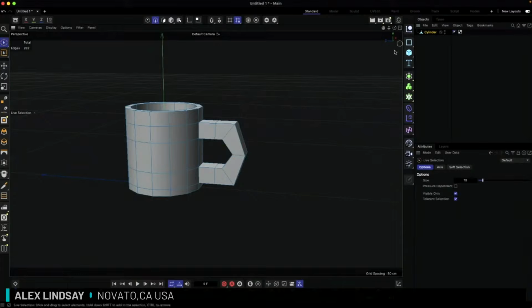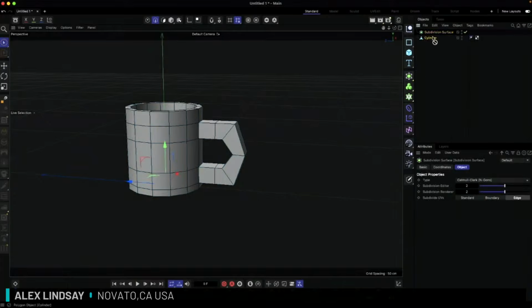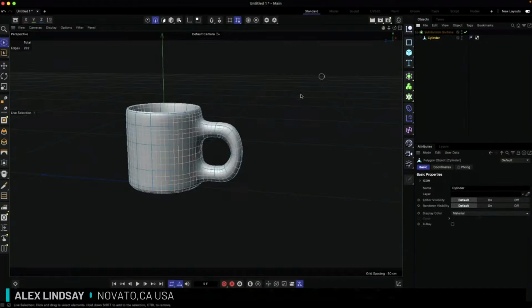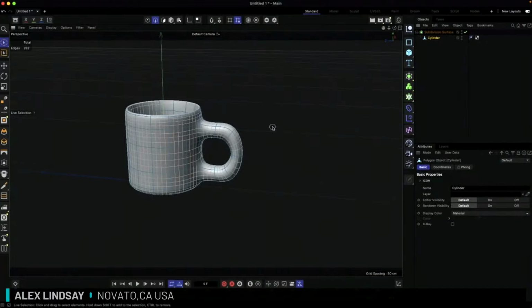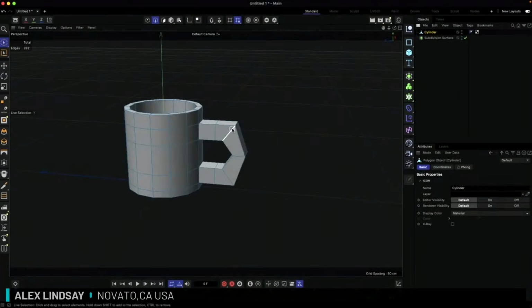So what we're going to do is grab onto this here. This is called a subdivision surface. And if I drag this into the subdivision surface, it immediately rounds it. So basically what it does is if we pull this back out again, this becomes a cage. It's basically creating rounds. Basically, if you think about